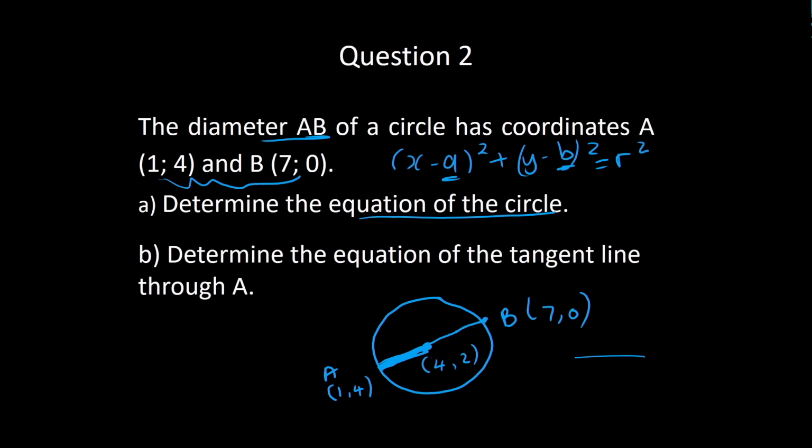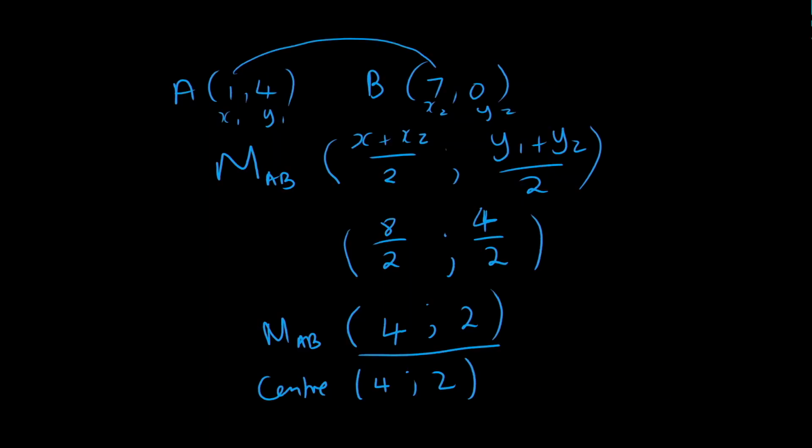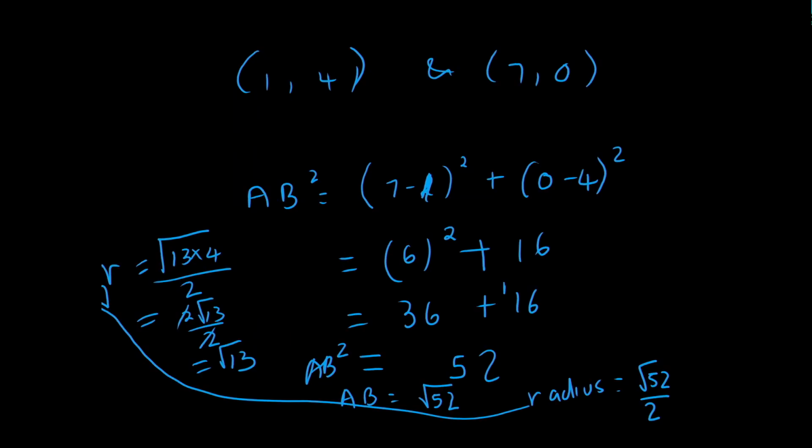So the question here didn't ask us to find the length of the radius. I just went further to show you how we would find the length of the radius. The question here said determine the equation of the circle. So where we would leave it is, what do we have here? We've got the center is 4 and 2, and we've got the radius is root 13. So therefore, our equation would be x